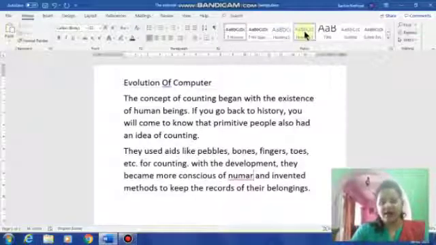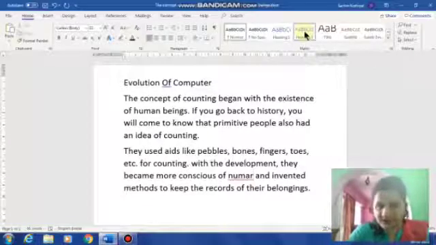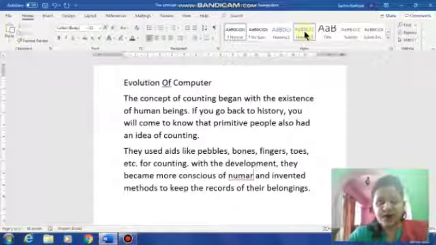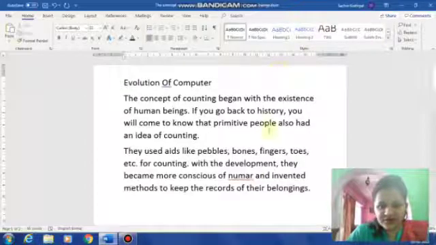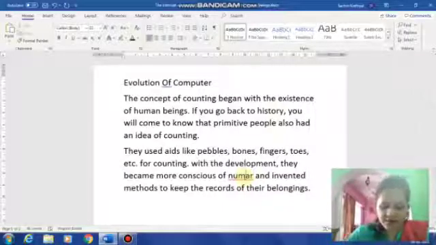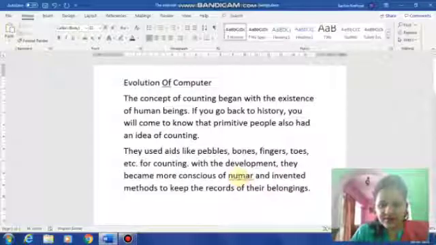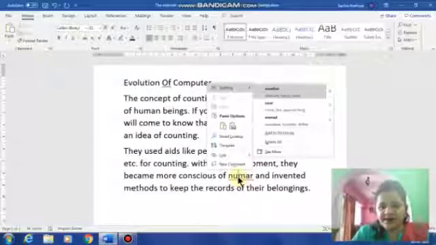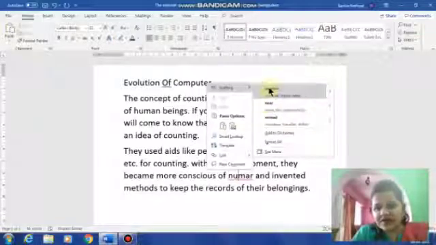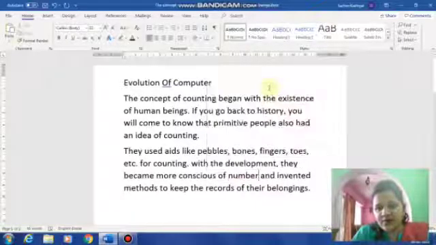Okay, children. Now after you have seen that the spelling is written wrong, what is the way of correcting it? Now what you have to do, you have to click on that particular word, and now press the right click. See, I have done the right click. Now it will display the options with the alternative words, means suppose you want to write down any word, so you can select it from here. I want to write down numbers.